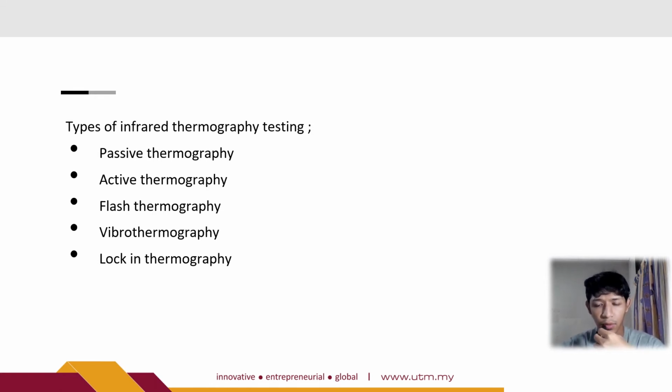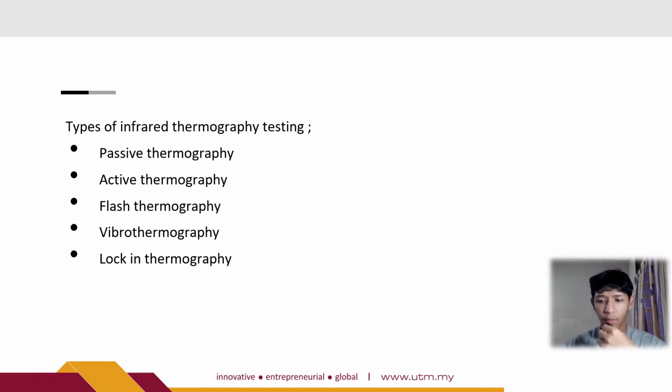Flash thermography measures the changes of surface temperature after a pulse of light. Vibrothermography is a technique that utilizes acoustic waves to find cracks in the material. And lastly, lock-in thermography requires an external source of energy, for example light